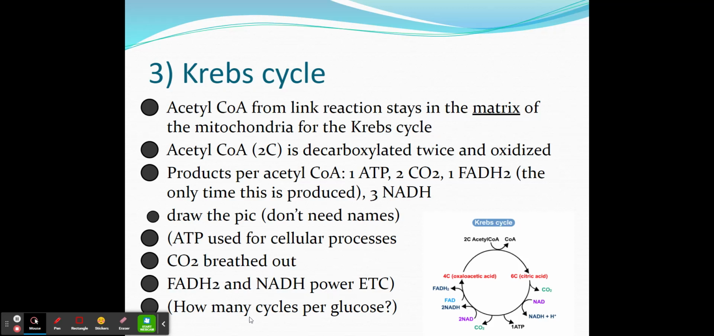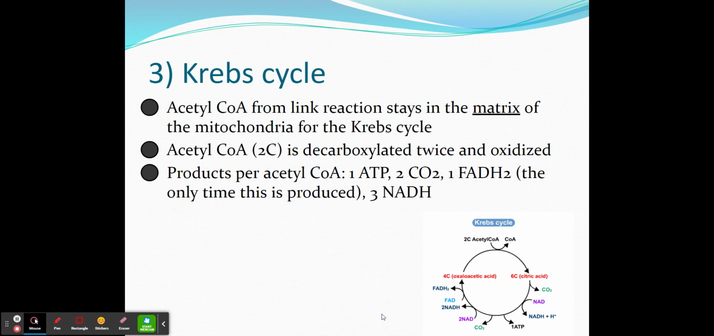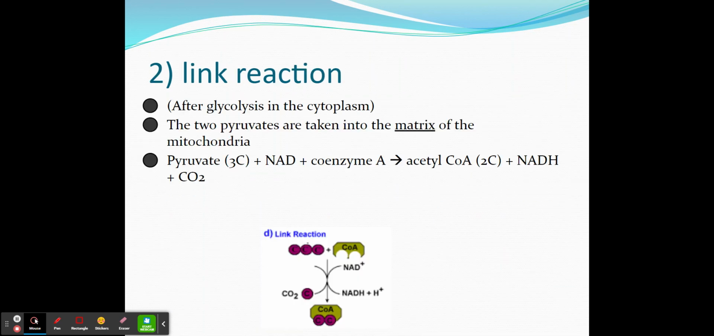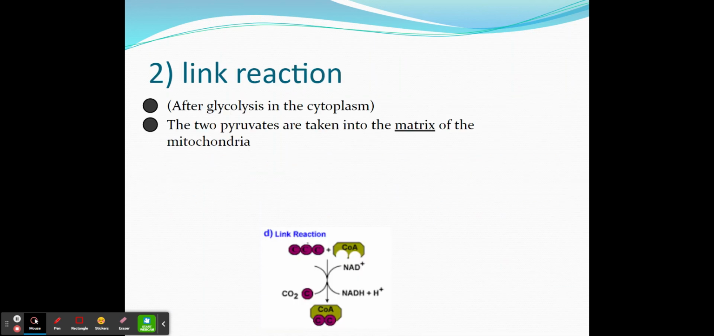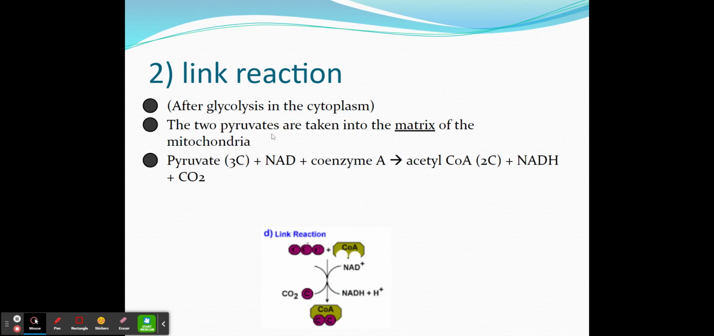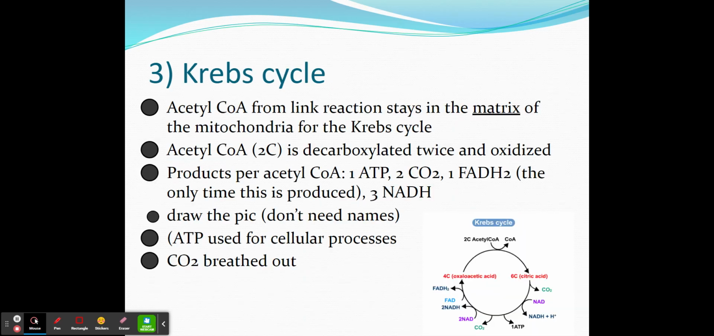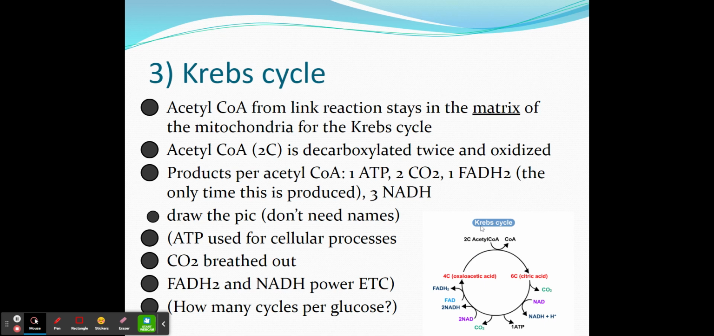Important thing to note, I have seen this as a potential test question. This is per acetyl-CoA: 1, 1, 3. So you would have to double all these numbers if we're talking about per glucose. Because for every glucose, I'll go back here to remind you, for every glucose, we get 2 pyruvates. So every time we want to do this cycle, we need a single acetyl-CoA, but per glucose, we got